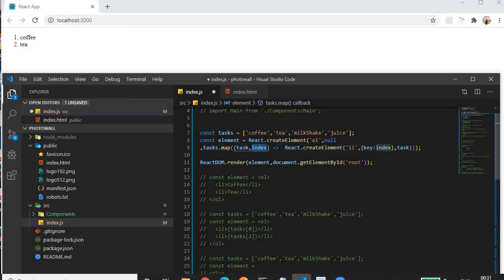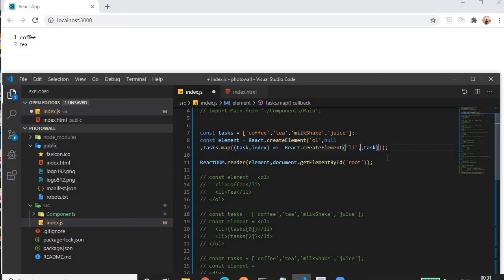Then within this we are creating React.createElement, li, because we want an li selector to be created. Then the props: because here we are using an array for iteration, for example, I am not providing any props here also.